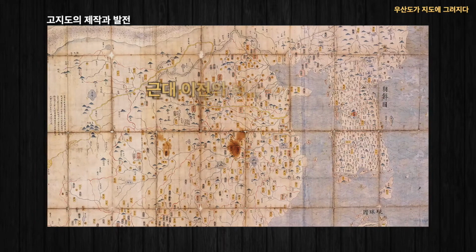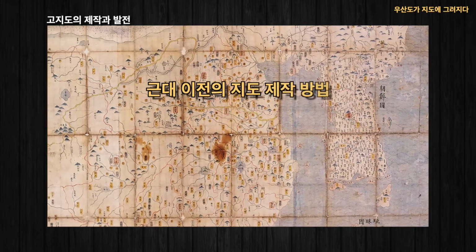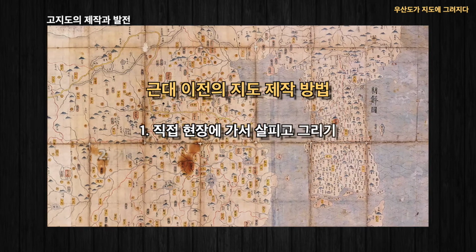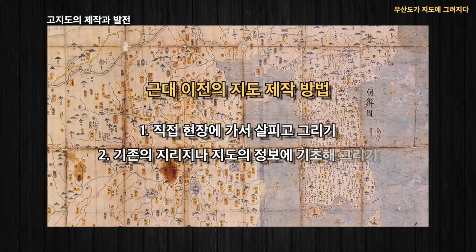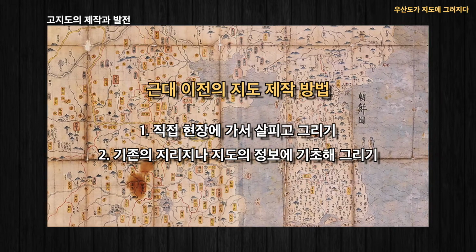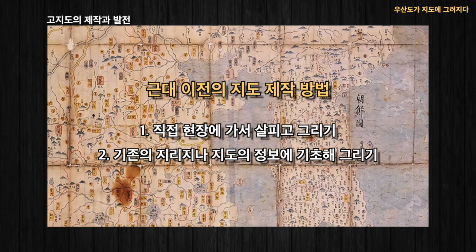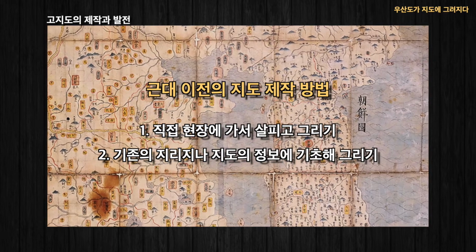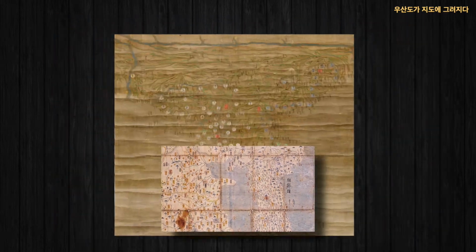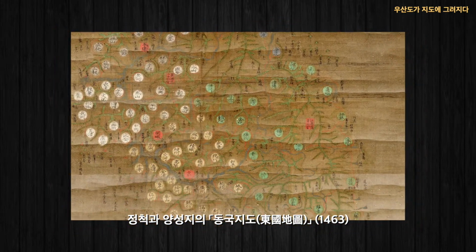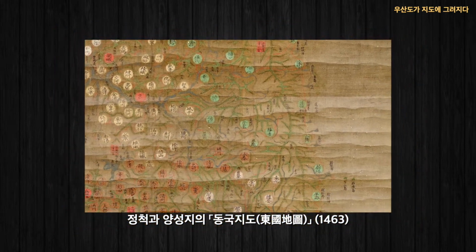When evaluating a map prior to modern times, especially an old map, the accuracy of direction and distance should not be the only criterion, and it would be erroneous to evaluate old maps for the accurate information we have now on modern maps. Traditionally, cartographers produced maps without visiting the places. They produced maps by collecting and relying on previously published maps or geography sections included in documents. Therefore, in order to understand a map, one has to find out which information the cartographers used to produce that map.